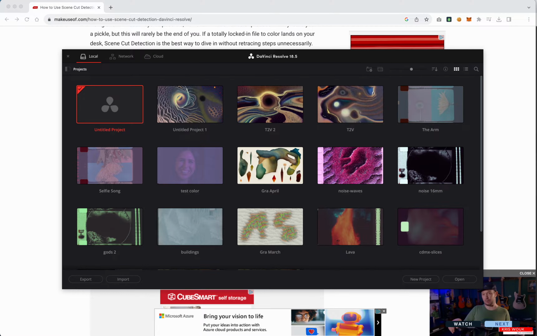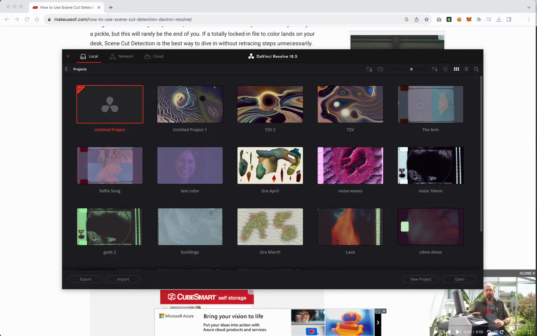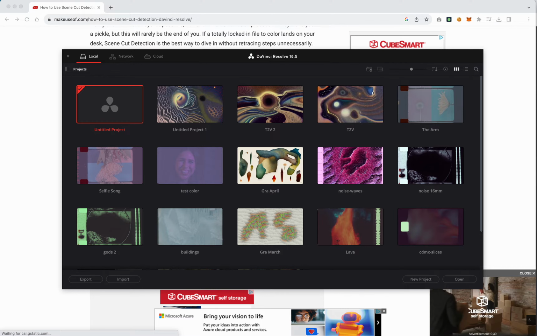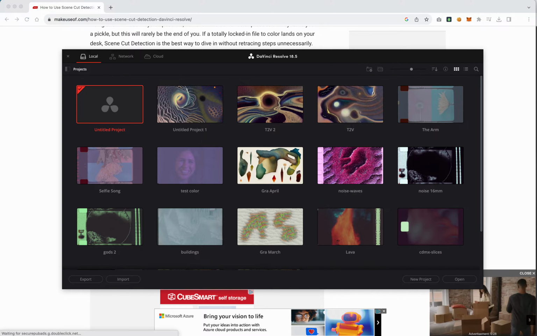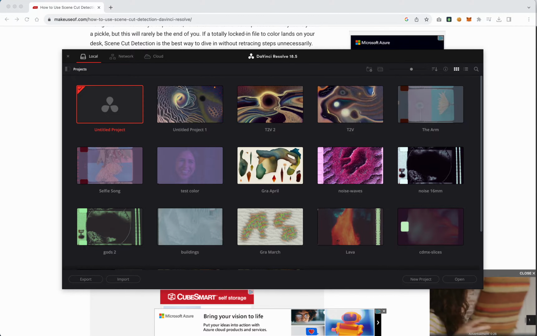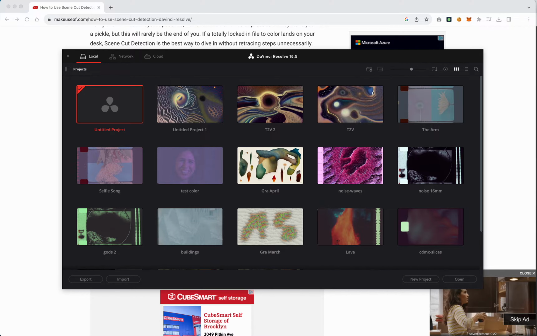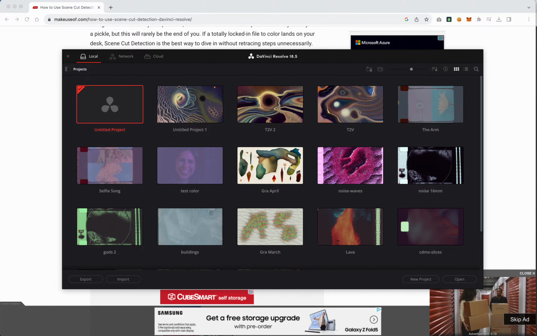There are two versions of DaVinci Resolve. One is called DaVinci Resolve, and the other is called DaVinci Resolve Studio. Studio, I think, costs $250. The Resolve without Studio is free, so we're going to look at that version. I will post a link to someone's tutorial from YouTube for the Studio version. But for this version, since it's free, I just want to show people how to use it.